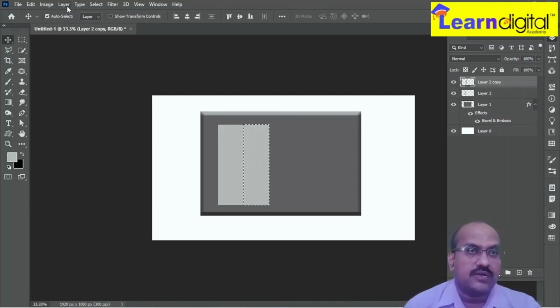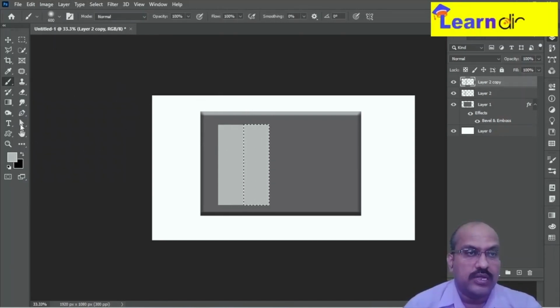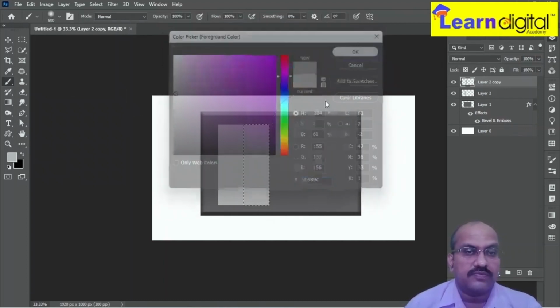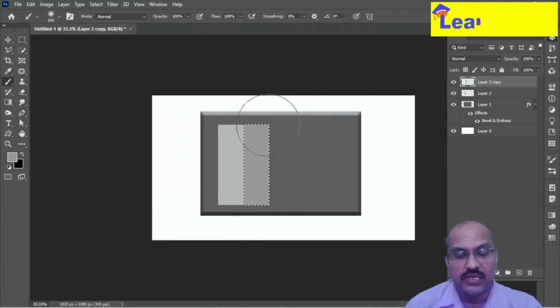When you press Ctrl and double click, that time guys you want to go to the brush tool. You want to go to the brush tool and select a little bit darker color, because I want to see that effect, that is the reason guys. When I am done,